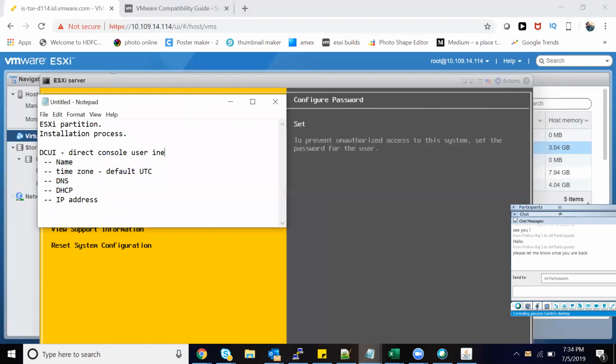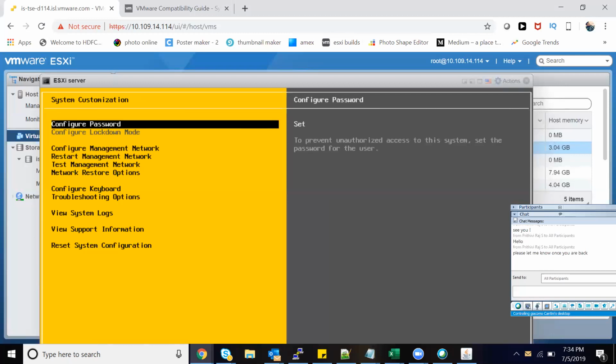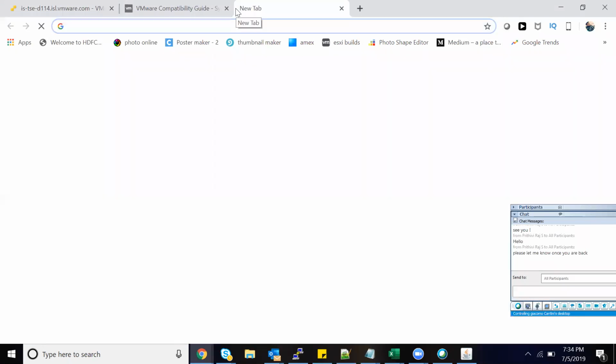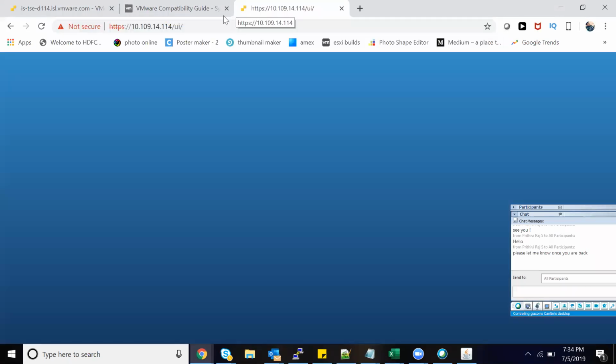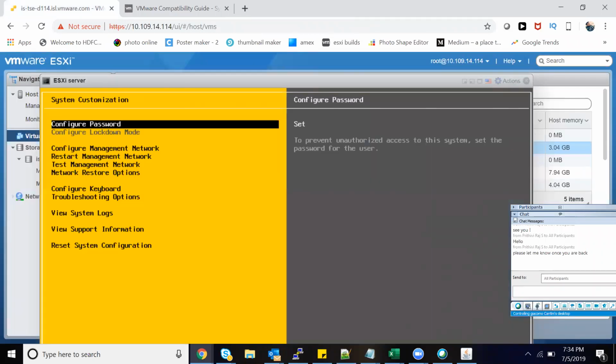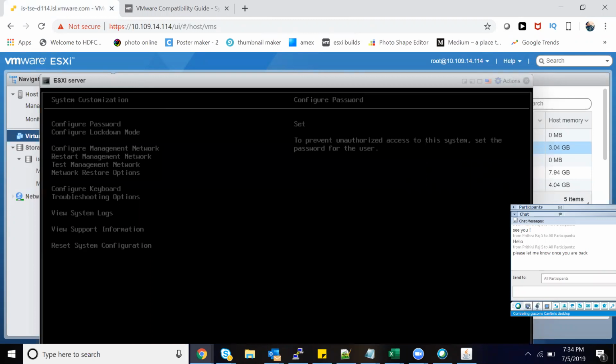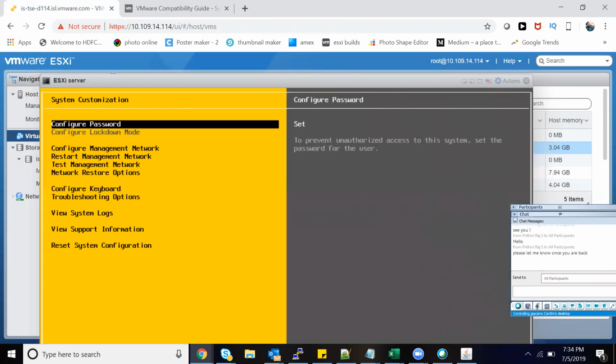And if you have enabled lockdown mode, you can log in only from the direct console, the DCUI. You can't put the IP address like this and enter. It will say lockdown mode is enabled, you cannot access, so please go through the DCUI access. So I come here and enable it, so there's no chance of having remote access, even if you're sitting next to the server. Correct. Only if you have turned off lockdown mode will you have that feature.